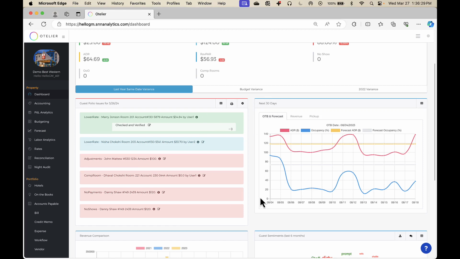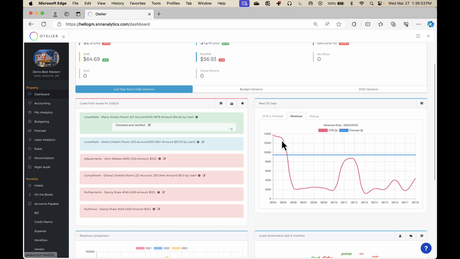We also have an area here that shows you a forecast for the next 30 days. You can see that your ADR is doing something. So you can take a look here and go through ADR, occupancy forecast, and forecasted occupancy percentage over the next 30 days. You can take a look at the revenue